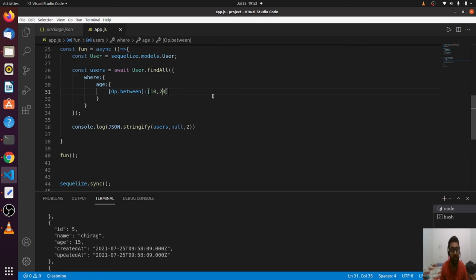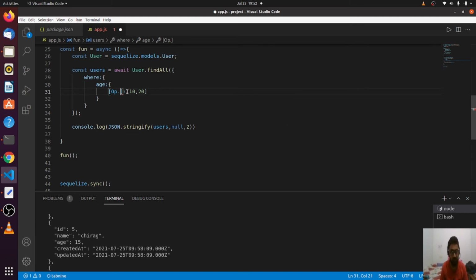So I think we have done all the things which are available in the select statement. This operator thing is not only this, there are so many, like between, we also have and, we also have or, we also have not, we also have like. We have all the operators which are available in Sequelize.